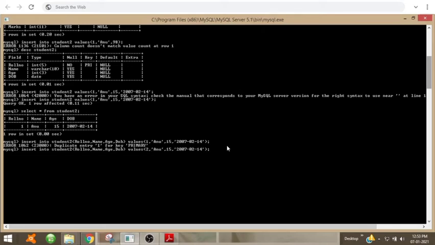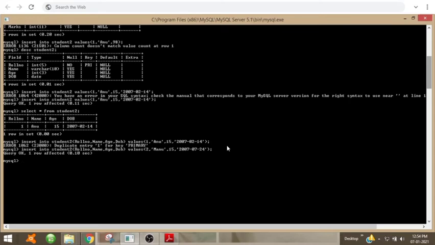Since 1 is the primary key, we cannot have the same value. So in the values we change Anu to Manu, age as 15, and let the date of birth be changed. So it is being inserted.